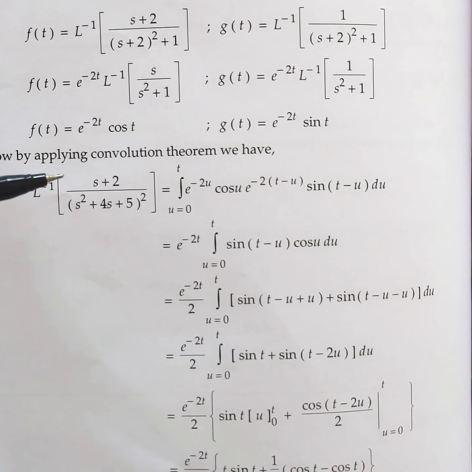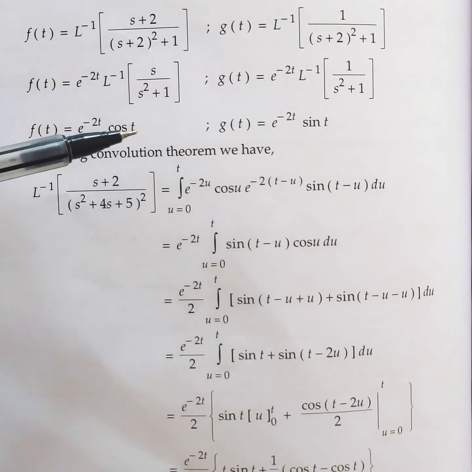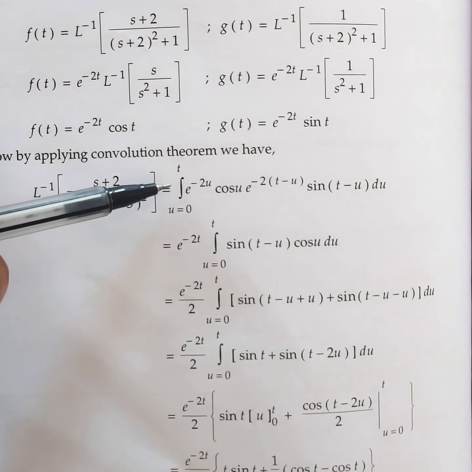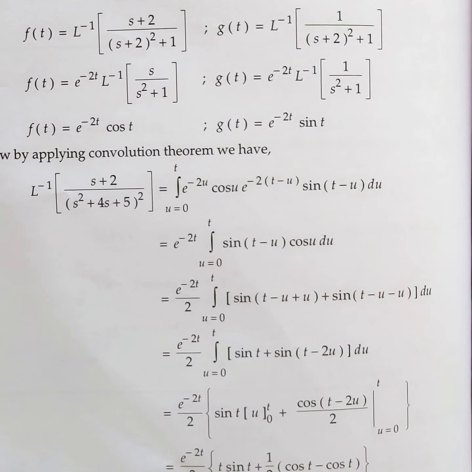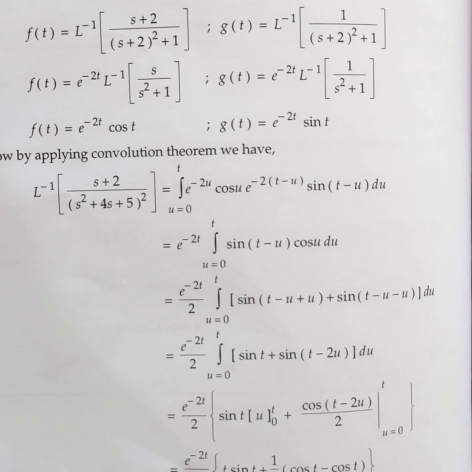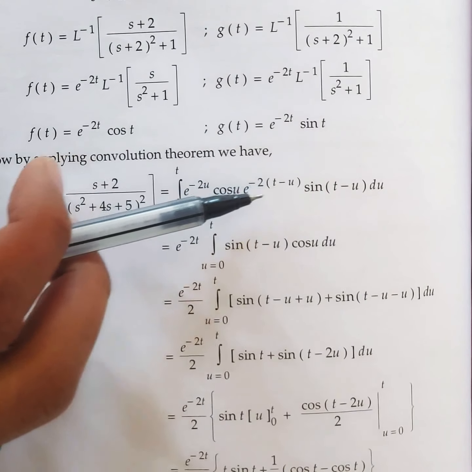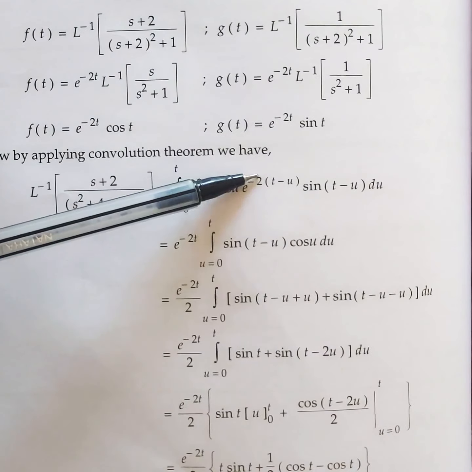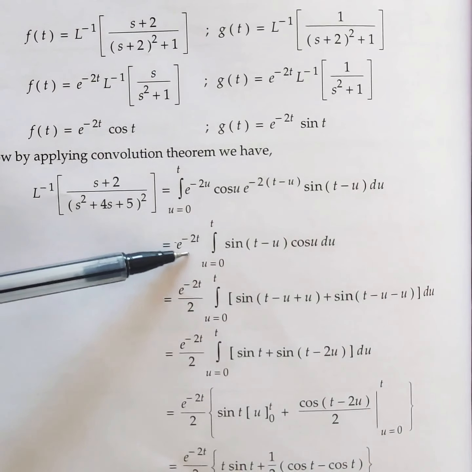So L inverse of f bar of s into g bar of s is integral u is equal to 0 to t, f of u, g of t minus u du. Write down the general formula and then go for it. Okay. So now we are integrating with respect to u. So happily you can throw out the constant terms outside. So here t term is also a constant. When you expand this term, e power minus 2t, here minus 2 and minus u will become e power plus 2u, correct? So e power plus 2u is there in the scene, e power minus 2t is not at all there because you are integrating with respect to u, throw that outside.